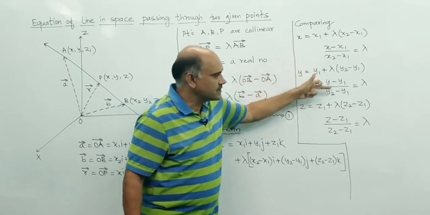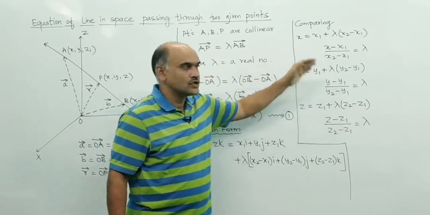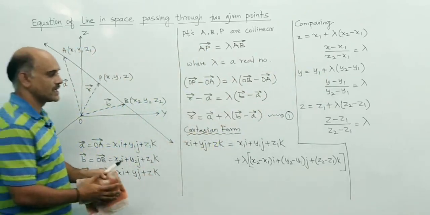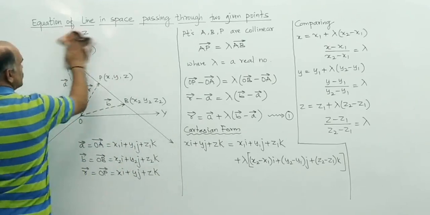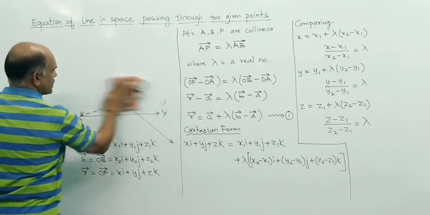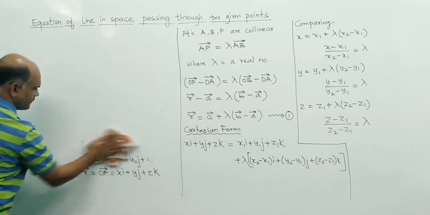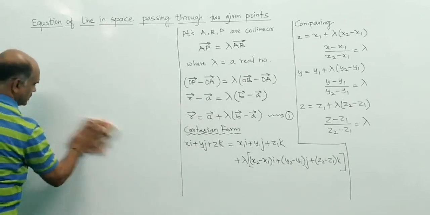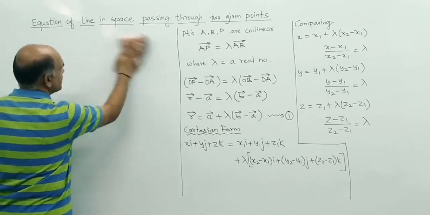Again if you observe, the RHS is the same. So eliminate lambda. If you remove lambda, you will have the equation. So eliminating lambda from the above equations, we will have: